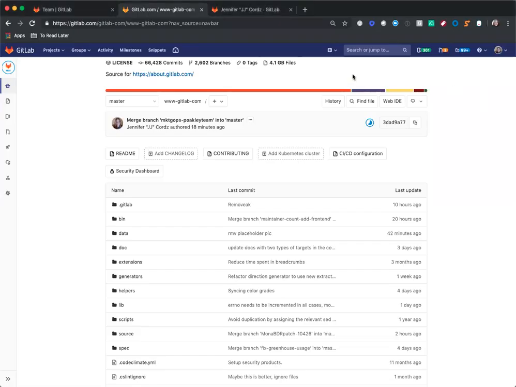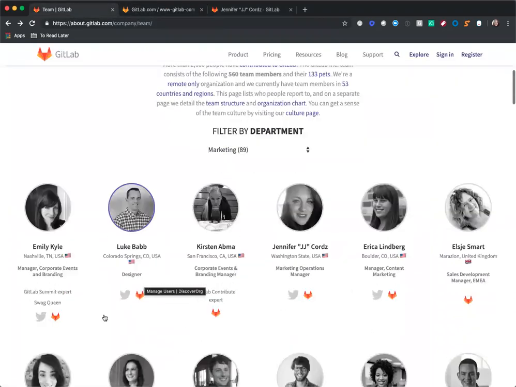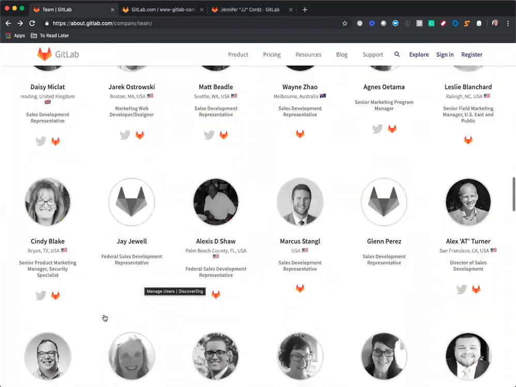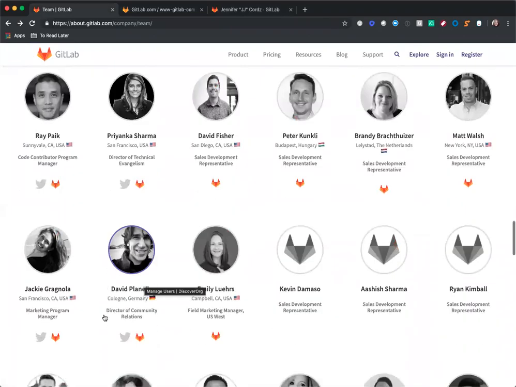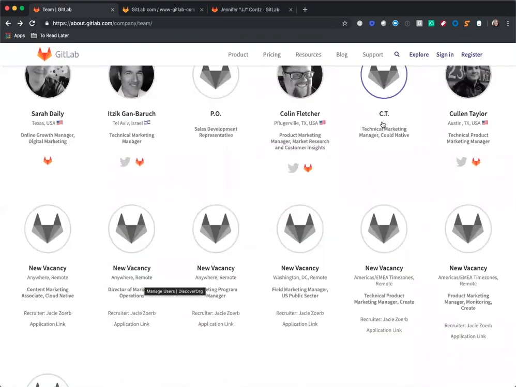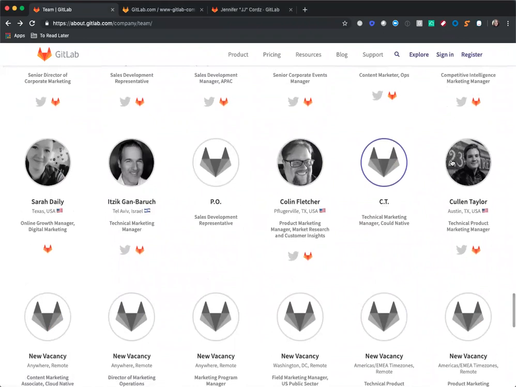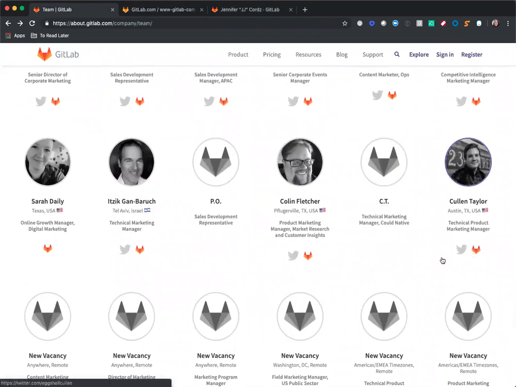Adding yourself to the team page is part of your onboarding issue. So when a person's start date has been set, People Ops will come through and update this page from showing a new vacancy to show someone's initials. And part of the onboarding process is to come through and update your entry to show your full name, your picture, and then place a link out to